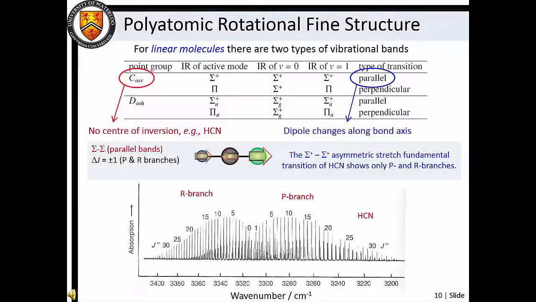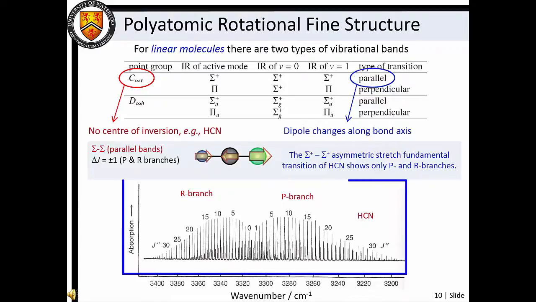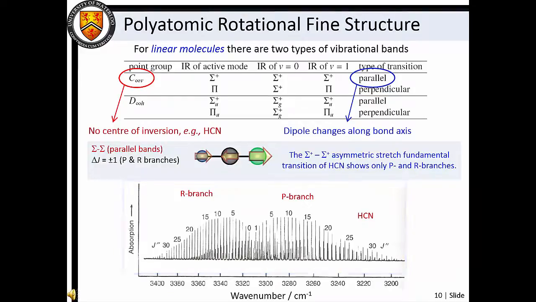For example, in linear molecules, only two types of vibrational modes are possible. Sigma modes involve stretching along the bond axis, or parallel transitions, and pi modes involve bending motion perpendicular to the bond axis. Here we see an example of a sigma-sigma transition for HCN. The transition exhibits the now familiar P and R branches owing to the delta J equals plus or minus 1